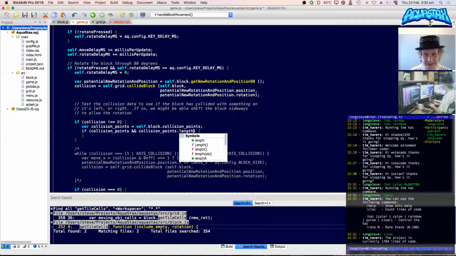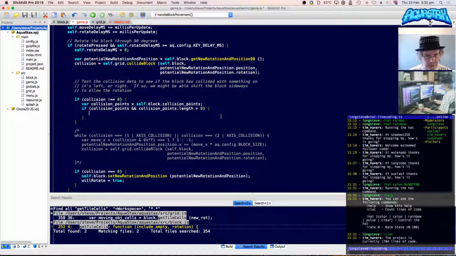Collision points would be nice. It's correct, 0, right. So collision points, I guess we'll loop over them, I suppose.